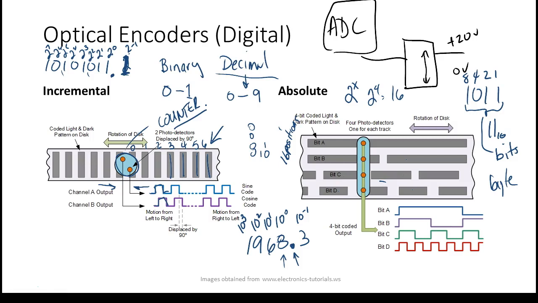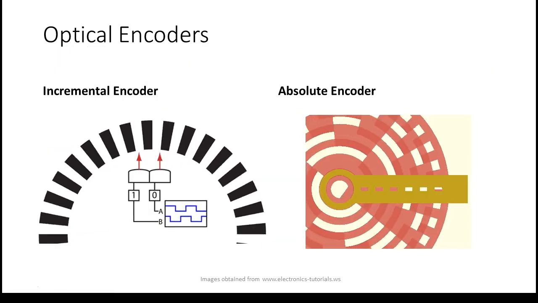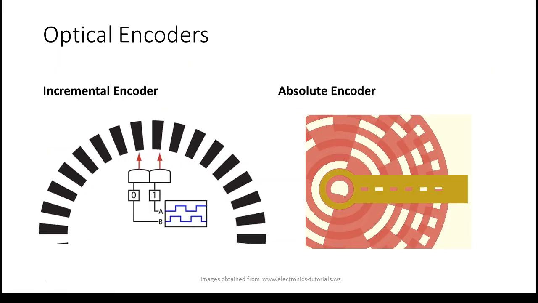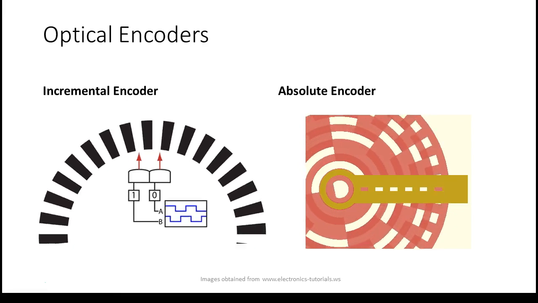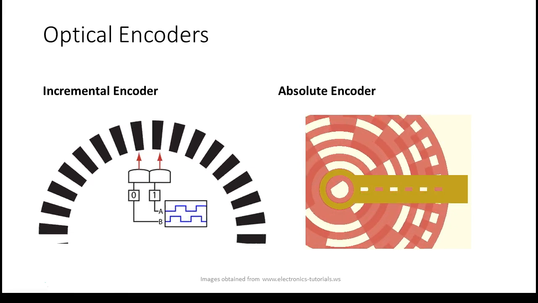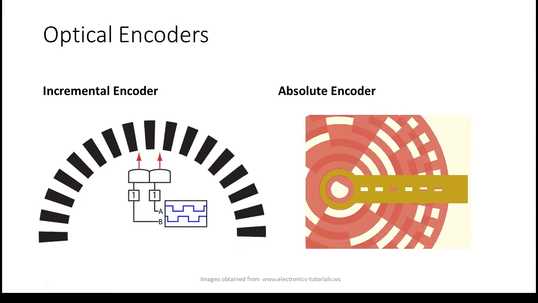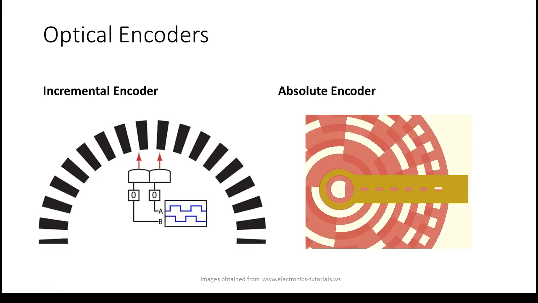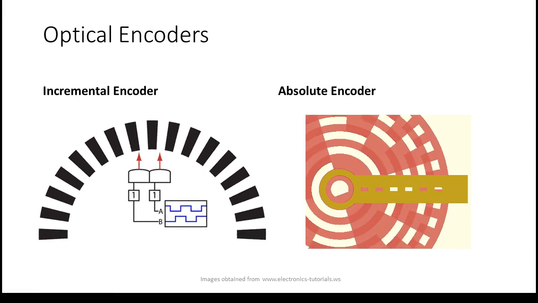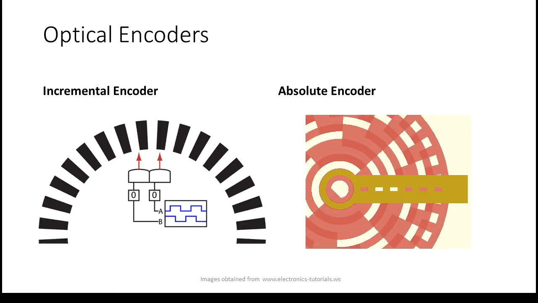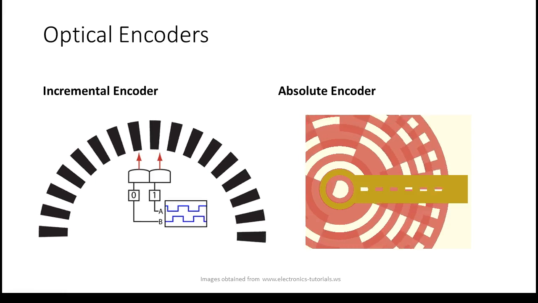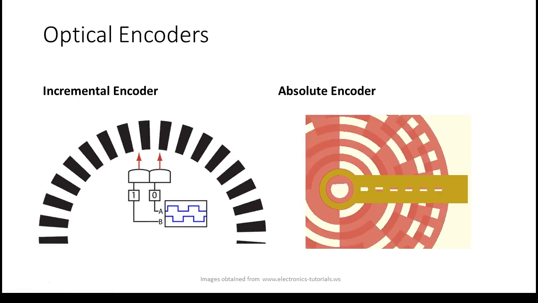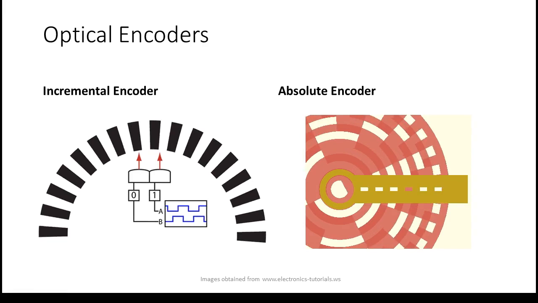Okay, so this is what the robots use. The robots use these incremental encoders because we're not limited to the range. What they do is they use rotary incremental encoders. So these can rotate 100,000 times. It doesn't make any difference as long as your counters are big enough to keep up with the count. The only problem is if I lose power on those same things, then we lose what we call the origin of the robot. And the origin of the robot is out there in free space somewhere.